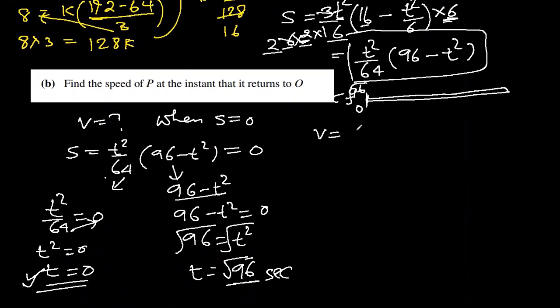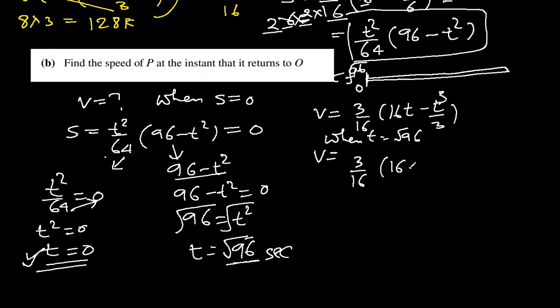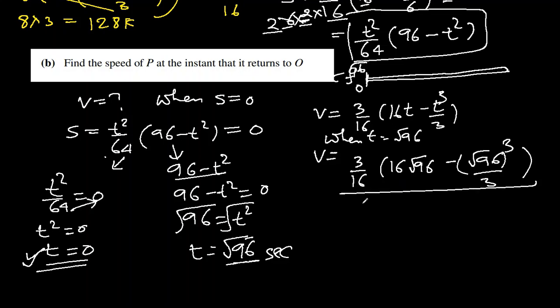So V equal to 3 over 16, 16T minus T cube over 3. So V when T is square root 96 will be 3 over 16, 16 square root 96 minus square root 96 cube over 3. So in place of T, I just put square root 96. Let's put this whole thing in our calculator and we'll get the velocity, the speed at the time when it